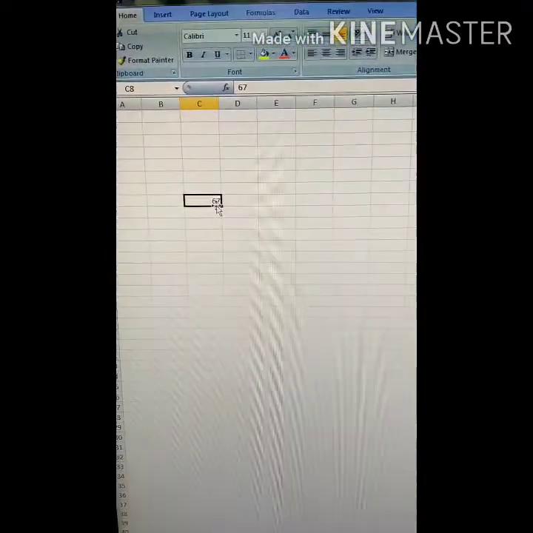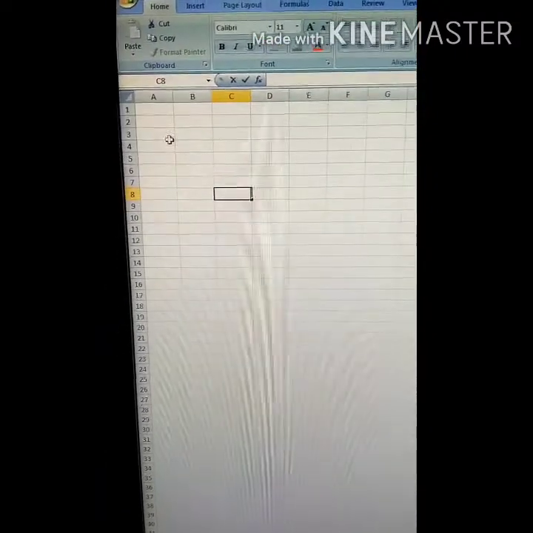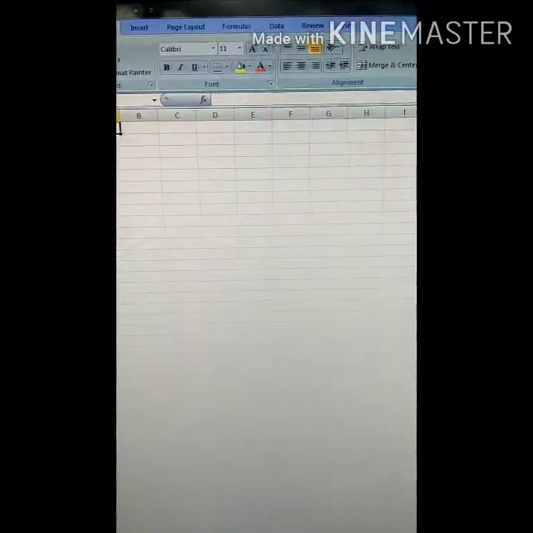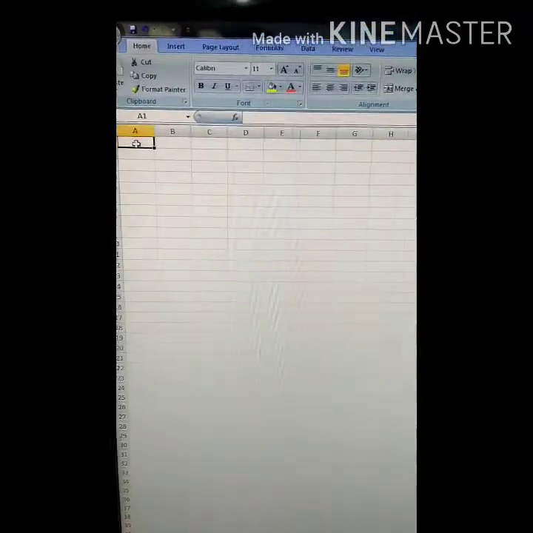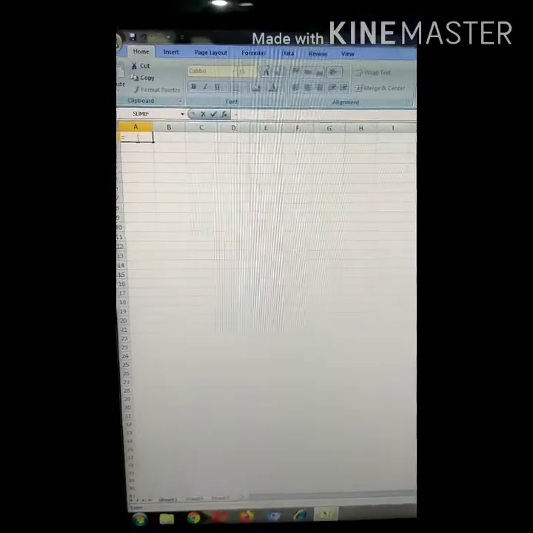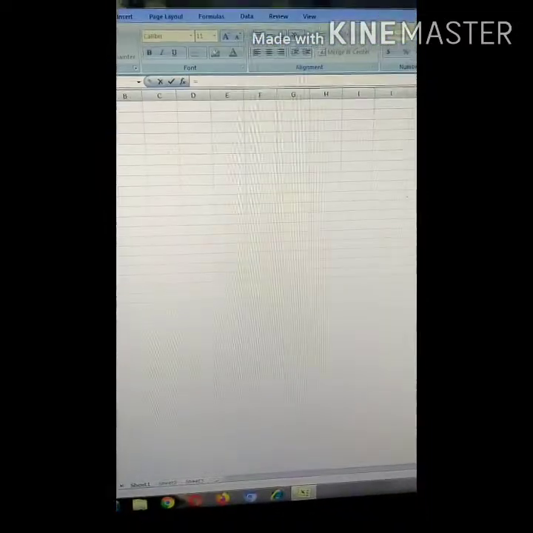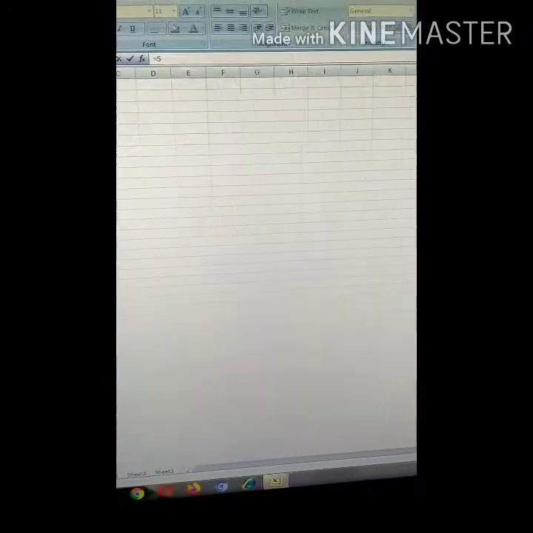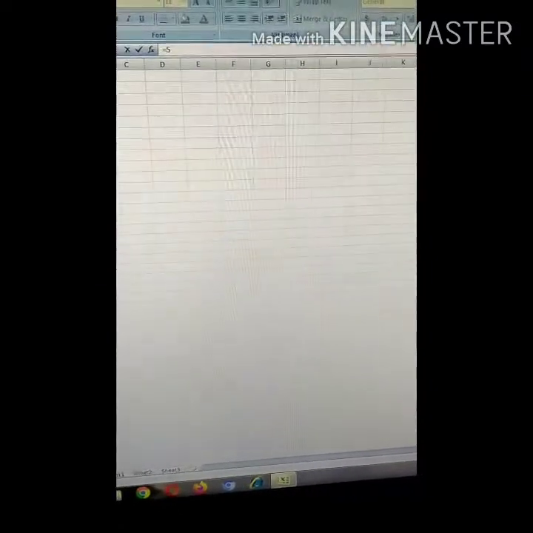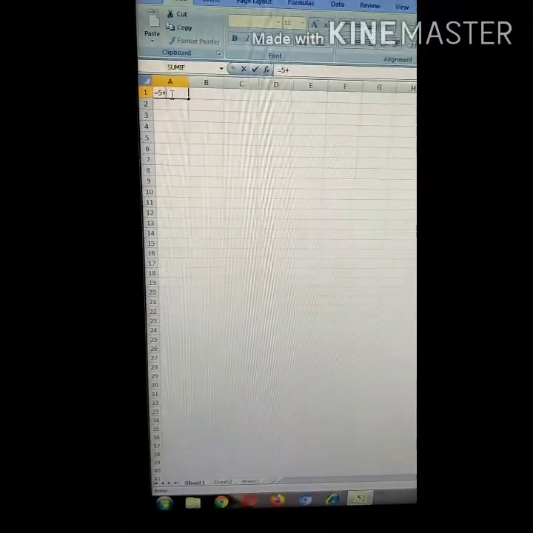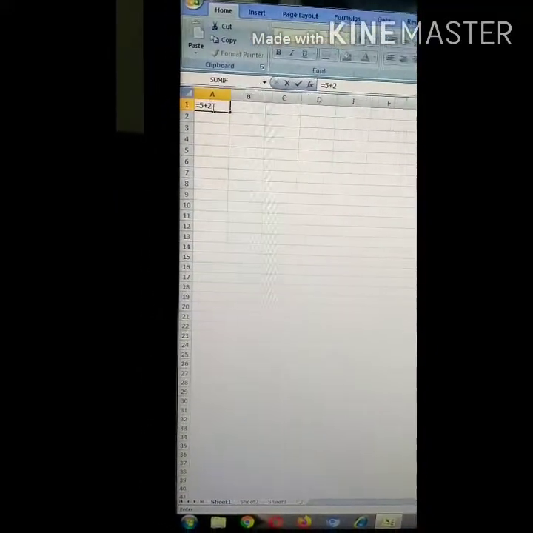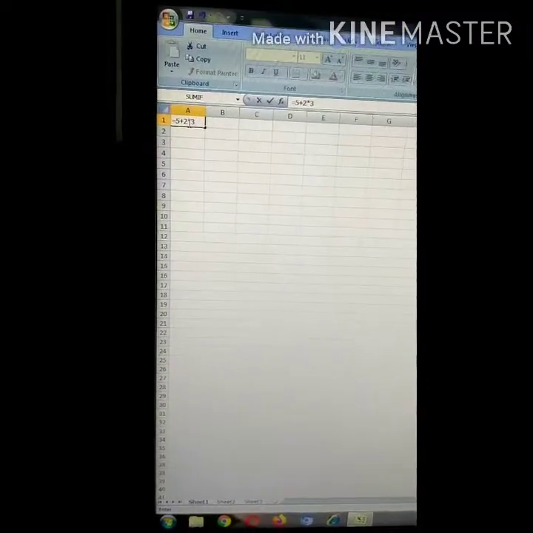Okay, a simple calculation in the beginning I am showing you. Suppose here we have to evaluate in a single cell: equal to sign first, then 5 plus 2 into 3.